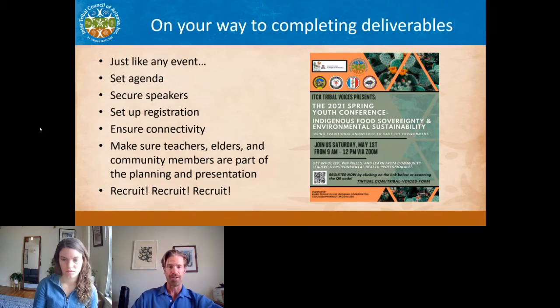We knew that students were fatigued as it is from learning on Zoom, but what we tried to do to make it seem like an exciting event is that we had a number of different speakers that day. They made it fun. They made a lot of jokes. They talked about different stories, and we had a lineup of different areas in the environment that the Tohono O'odham Nation said this person would be a good person to speak. This is the way they can do it. And they don't need to speak for a whole hour. They can just speak for a half an hour or so, and figure out how to engage students in the discussion on Zoom.